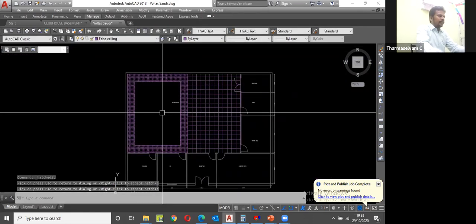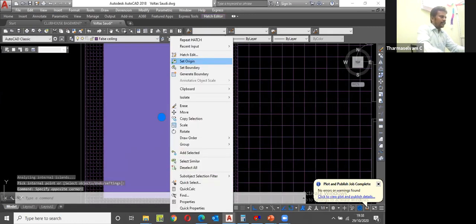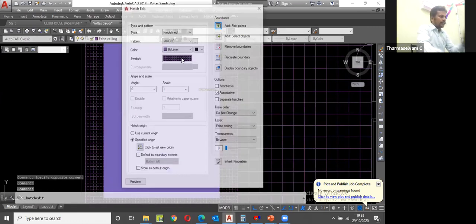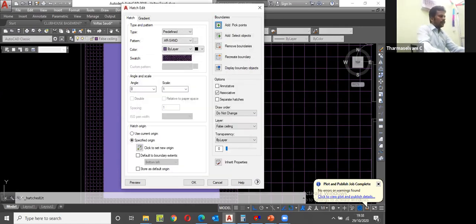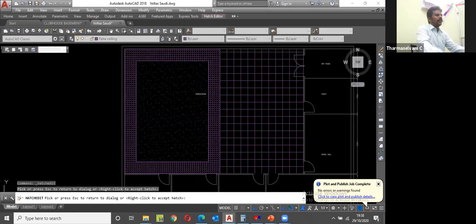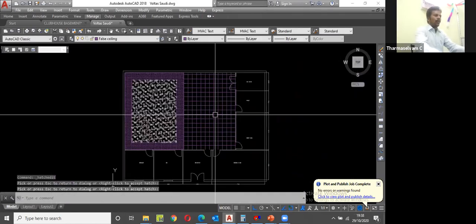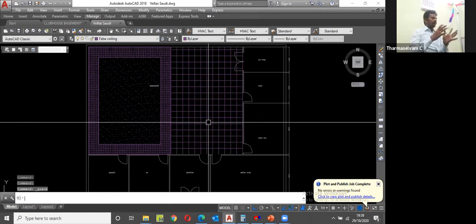Center. If you want a different hatch, edit that pattern also. Maybe I'm going to put the preview. Maybe scale is 10 or 25. Yeah, now it is working. So these are the different false ceilings. Like that, a single workstation has different false ceilings. Why am I making different false ceilings? In a single diagram itself, I am going with the diffuser and grill. That is the reason I drew it like this.